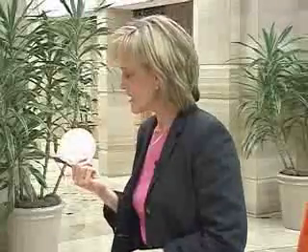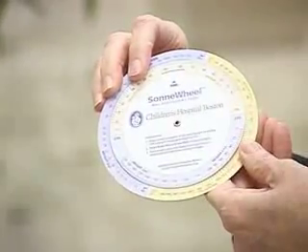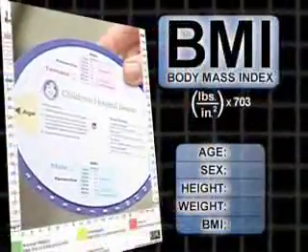Some are web-based and some are electronic. But I like this BMI percentile wheel. It's in the Texas Pediatric Society's Obesity Toolkit, and it was developed at Children's Hospital in Boston. Metric or English units can be used to determine the patient's BMI, and by turning the wheel over, you can determine the BMI percentile for every age and gender.